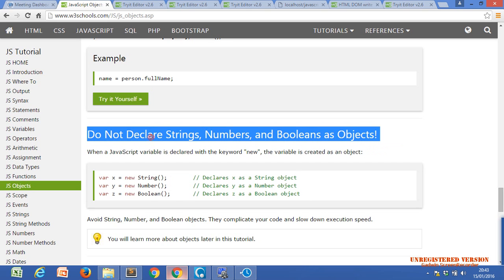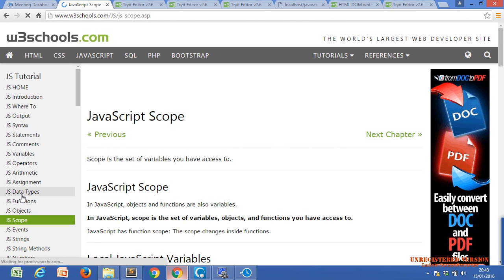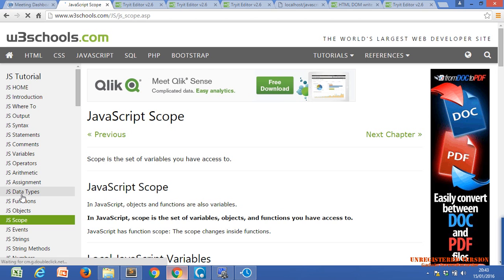Maybe we are not going to execute this. Okay, scope, it is an object. Just remember this: an object can have multiple values with the property, or you can say the key. One variable can have multiple values, same as arrays. An array can have multiple values, right?